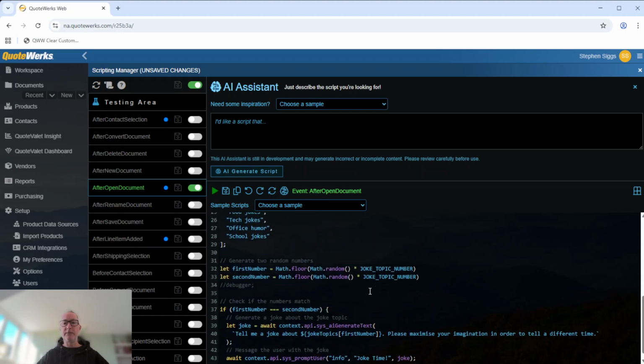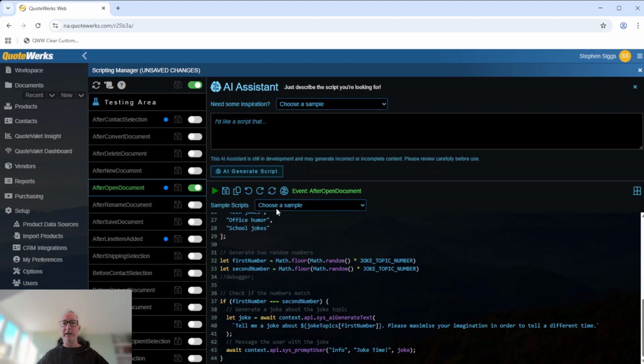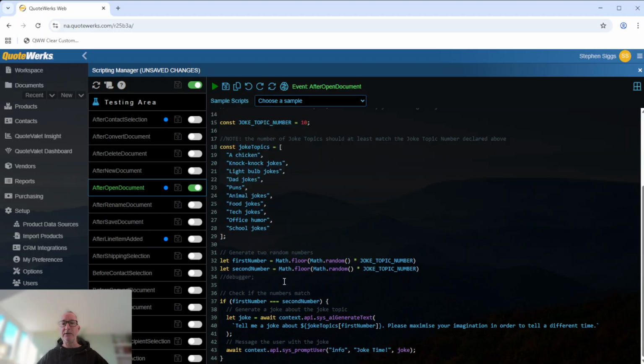Just an example of how I've used this recently. I've got this script here that is generating two random numbers, and if those two random numbers match, then it's going to tell me a joke. Now, I wanted to make sure that these first and second numbers here were kind of within tolerance of what